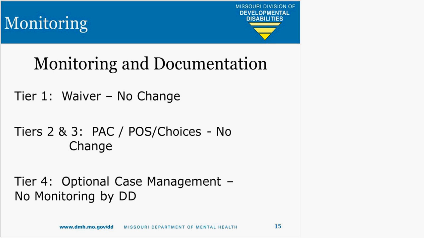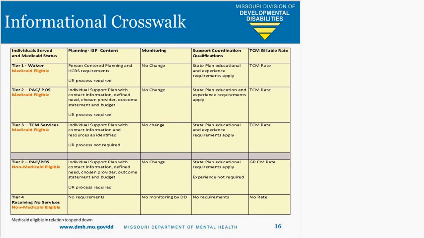This chart is a summation of some of the things that we've talked about before. So in this, you can see the different individual is Medicaid eligible. The main of what is expected of case management for those folks. As you see listed out, the ISP content expectations for each one of these